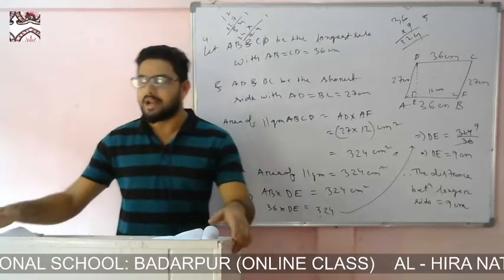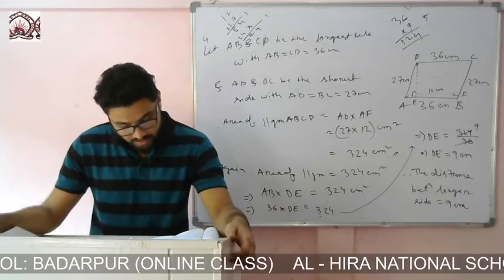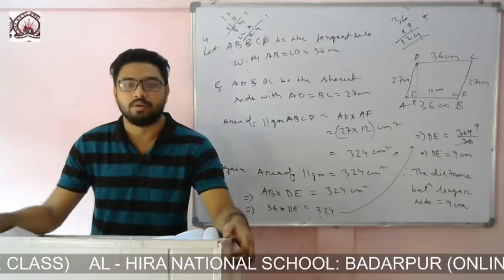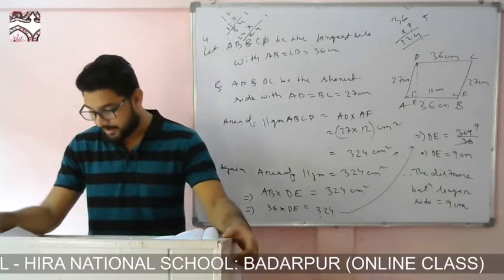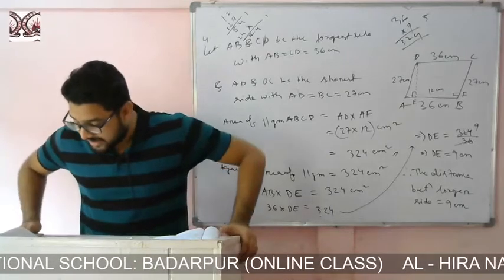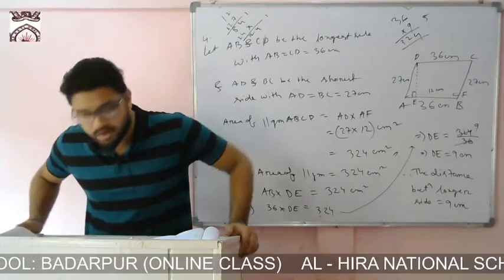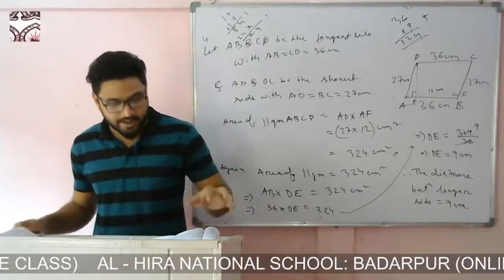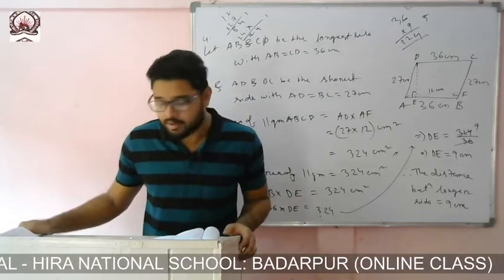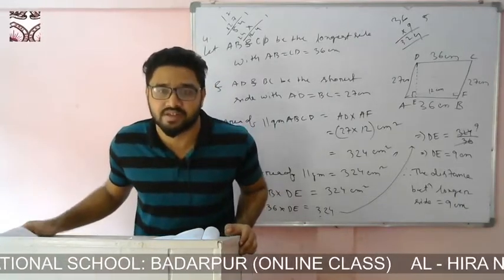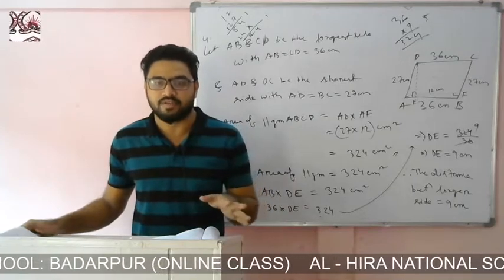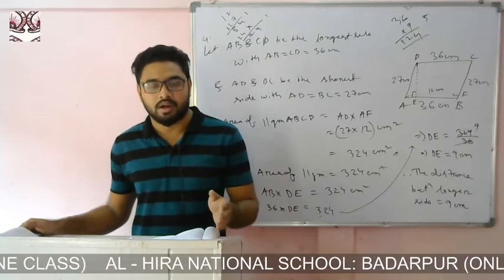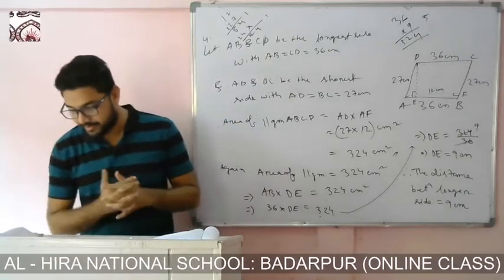First, with the help of perimeter, we will find what? We will find the side of the parallelogram. Or we will find the area of the parallelogram, and this area of the parallelogram will be equal to the area of the square. First we will find the area of the square with the help of the perimeter of the square. Then after that we can find